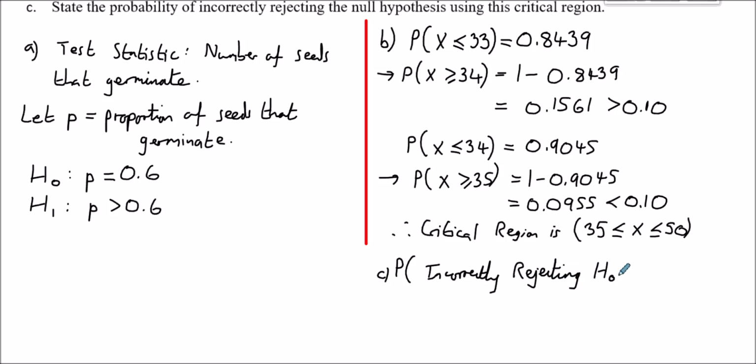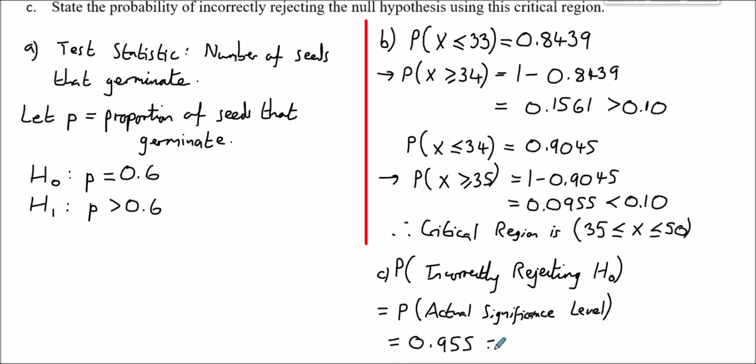Just to recap from earlier, that's the same as the probability of landing in the actual significance level. The actual significance level for this test is 0.0955,